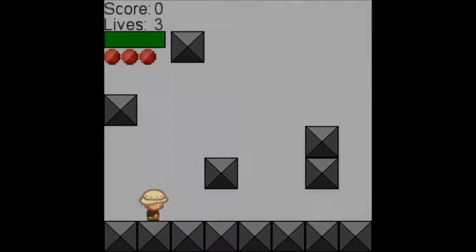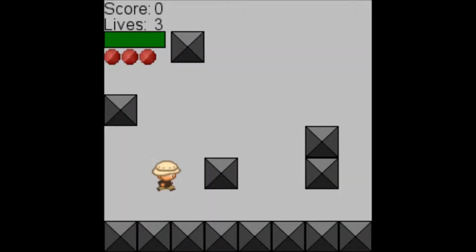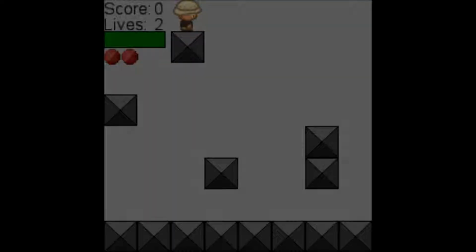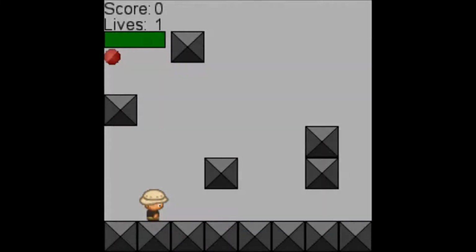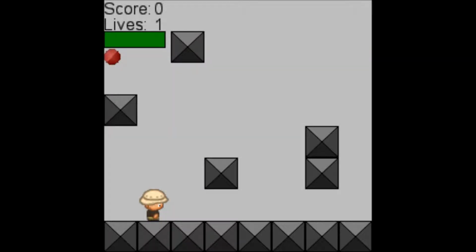And then here's the life bar. So if I lose a life, it's gonna fade out and fade back in. And there we go. Can't parkour today. I have 1 life left. Lives 2, and lives 1. Life 0, it's gonna show the high score. And since we didn't get any points, we don't get a place on it. And then when we press escape,